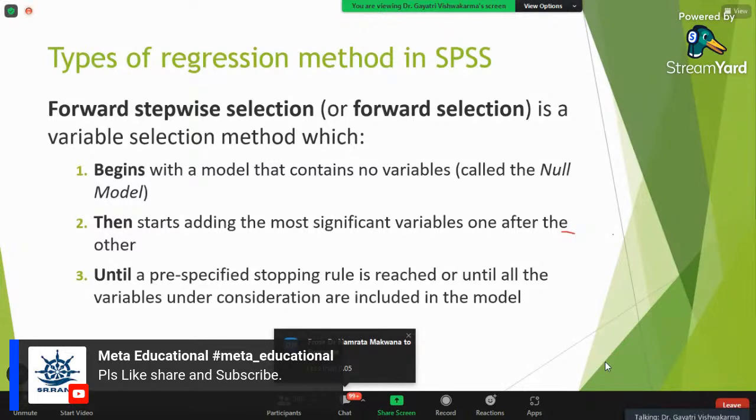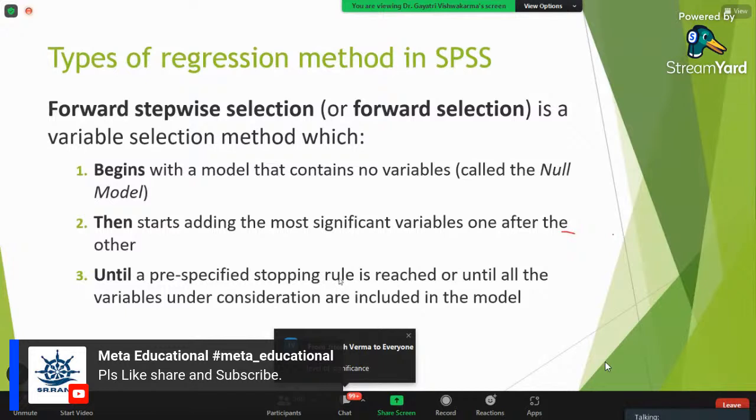We know this defines statistical significance, right? I'm not going to go into detail, otherwise today's session will run over; I can define that later. By default the software takes the value of 0.05 as the level of significance.